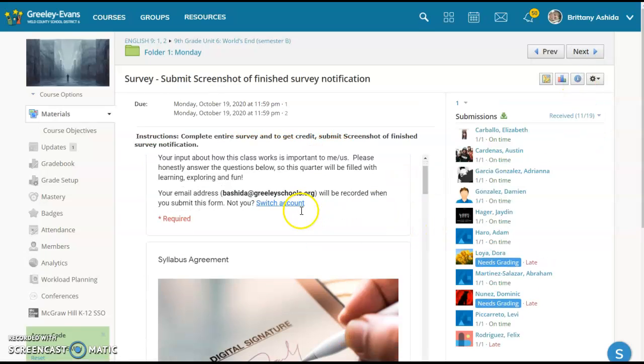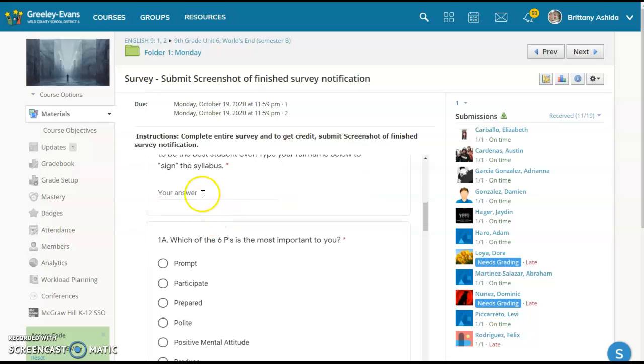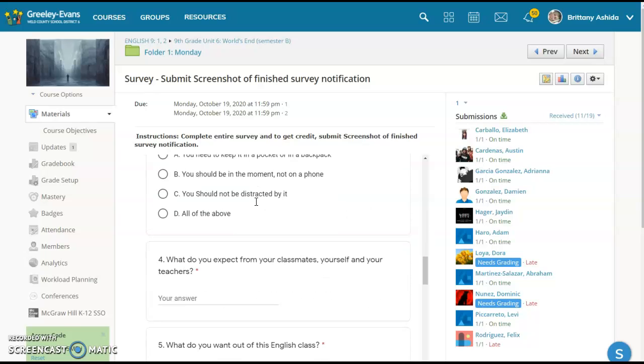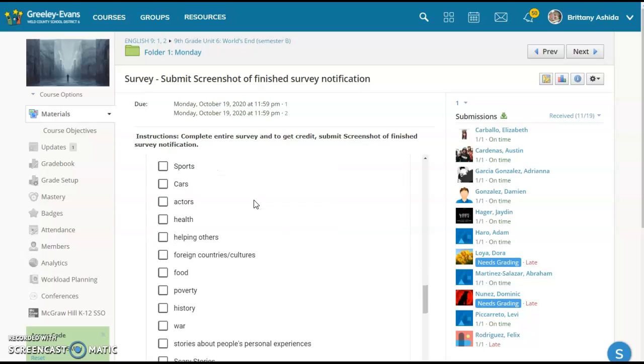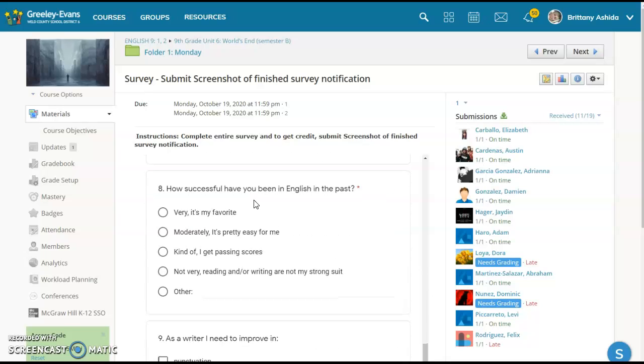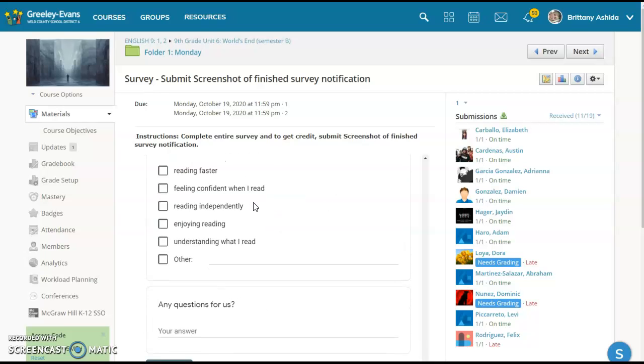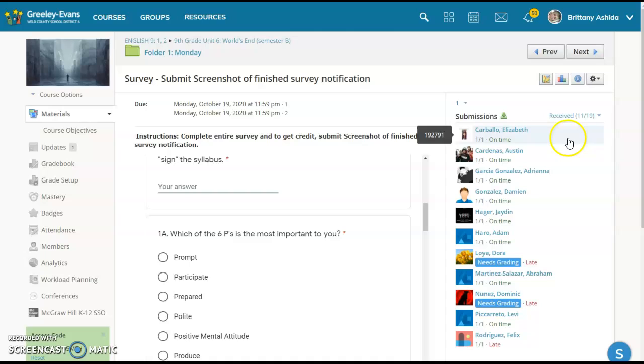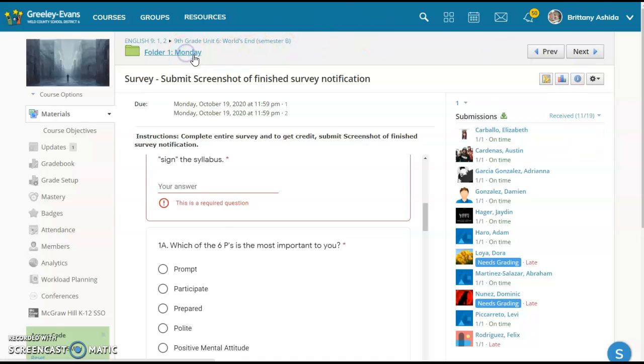The survey is something that scrolls inside. This first is your electronic signature saying that you can follow the expectations for the syllabus. And the first couple questions are about the syllabus, and then the rest is about you and what you're interested in, so that we can learn from the class and gauge as a class what kind of articles and things we want to read, especially on Achieve, so that the whole class's interests are met. So that was Monday.